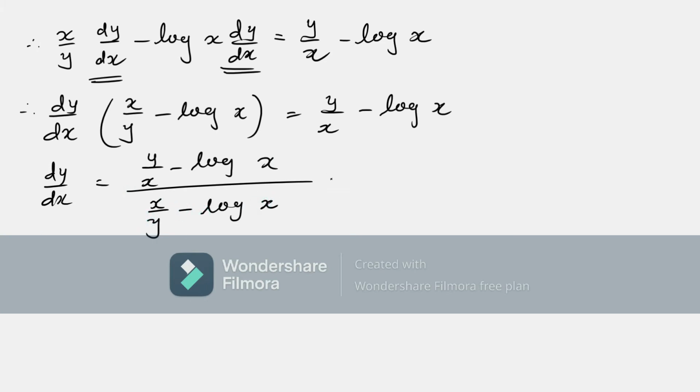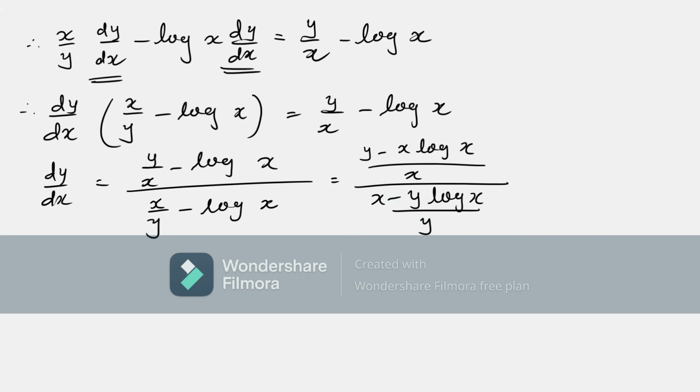As we can see, we can take the LCM and do the simplification. y minus x log x upon x, and x minus y log x upon y. That means this x will multiply in the denominator and y will multiply in the numerator. So dy by dx is equal to y into y minus x log y, x log,